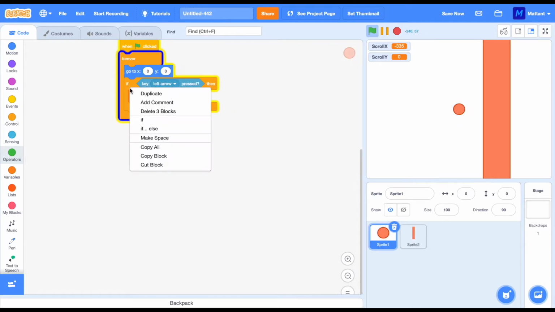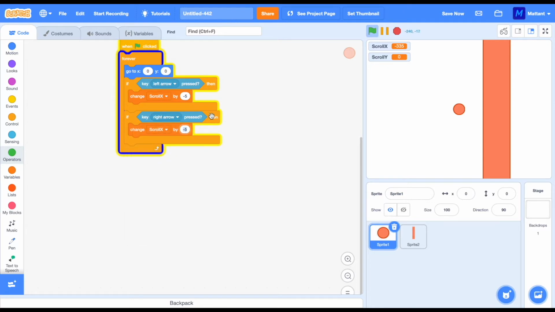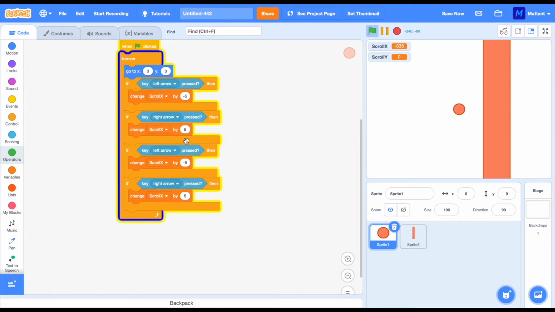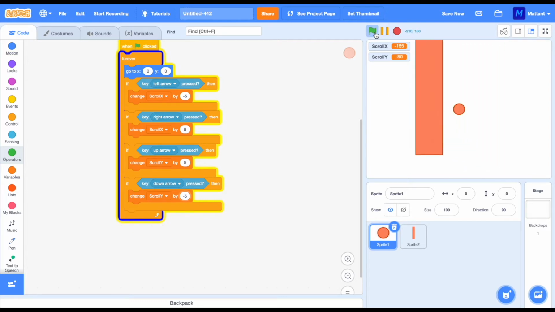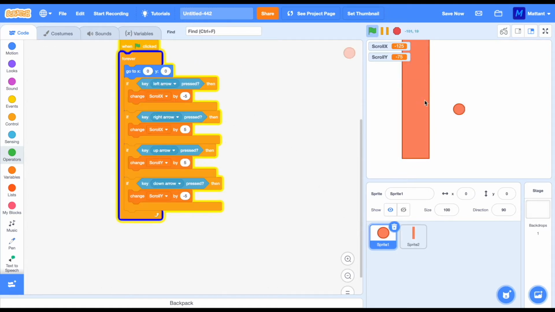Okay, now we're going to just check whether right is pressed. Change scrollX by 5, and when up or down is pressed, it's going to change scrollY by 5, and scrollY by -5 when we're going down. So now you can see we can head off in any direction we want, and it's all scrolling around nicely. So now we're just going to make it so that the player is going to detect when it bumps